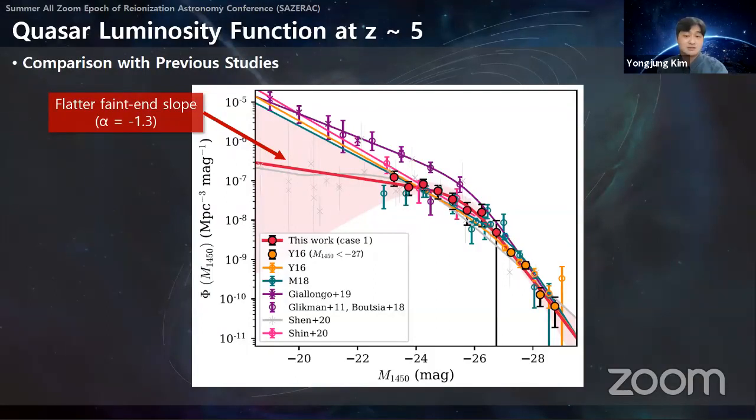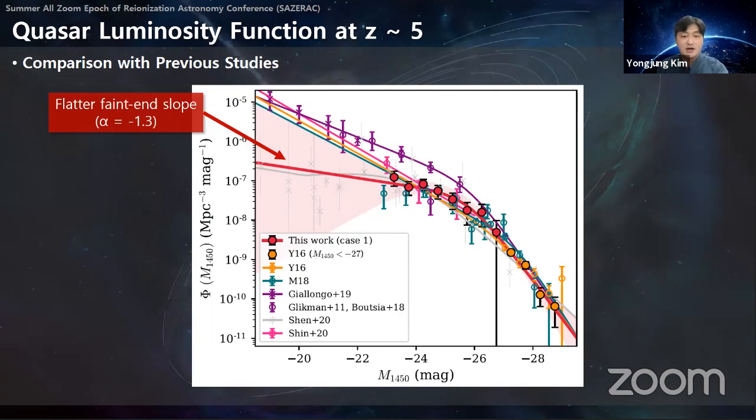But note that the values in Yang et al. and McGreal et al. have their own limitations, as I mentioned. And interestingly, our value of -1.3 is similar to recent HSC quasar surveys at redshift 4 and 6. It's very interesting and currently in progress. And our QLFs are consistent with most of the QLFs in previous works, as you can see